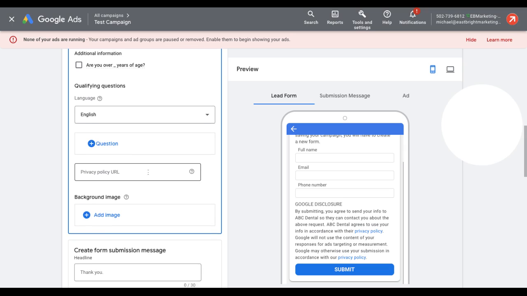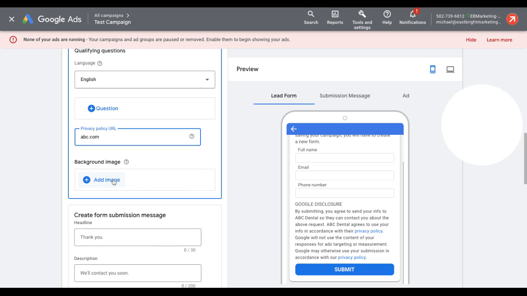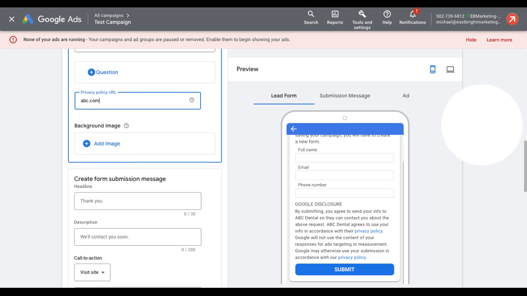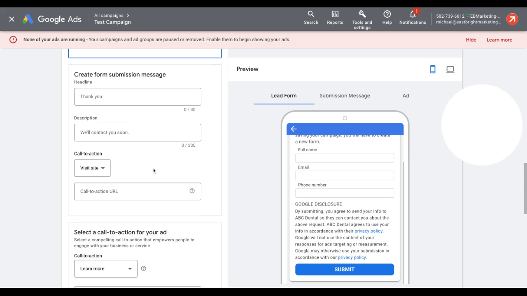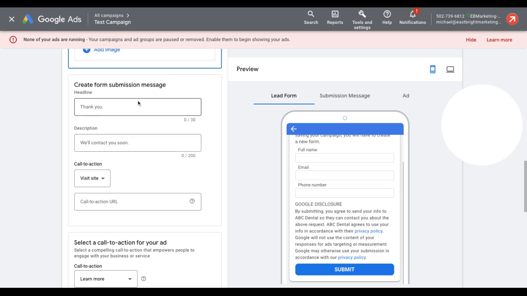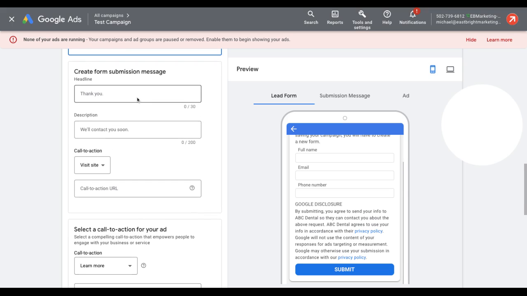And then policy URL. So if your website has one, I'll just make something up, ABC. Here's an option where you can use a background image. All it does is allow you to demonstrate what you're about on the search result page. And then there are some additional steps here. It's mainly just to make your call to action stand out. So here's a headline for the submission page. This is almost like a thank you page after the